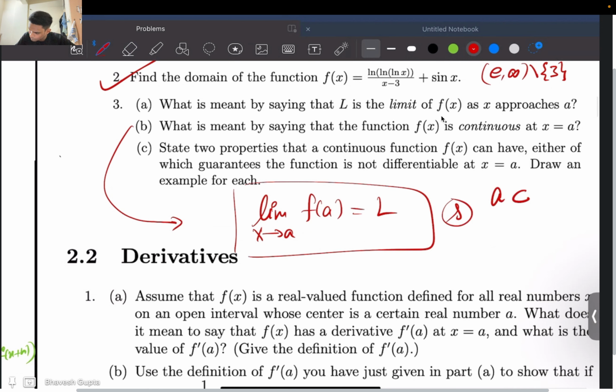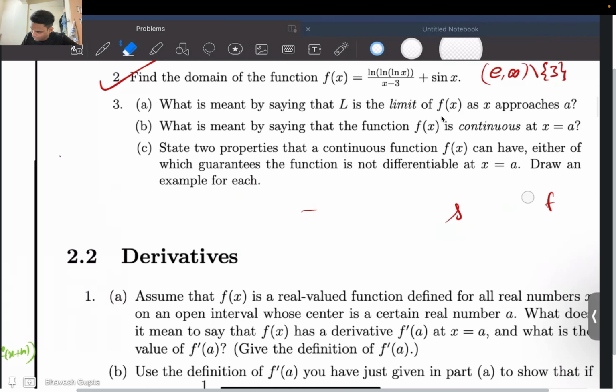A is contained in the domain of f. A is a part of the domain. So this is what it says, right? I hope this is clear to all, this particular part. This means a is contained inside the domain, that is, at a we have the definition. That's what I mean. And the C part basically tells you that